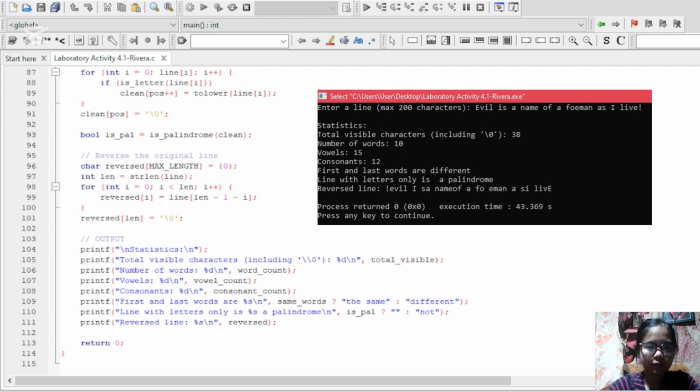The total visible characters including the null is 38, number of words is 10, vowels is 15, consonants is 12, first and last words are different. The line with letters only is a palindrome, and the reverse line is "evil I sa name of a ..."